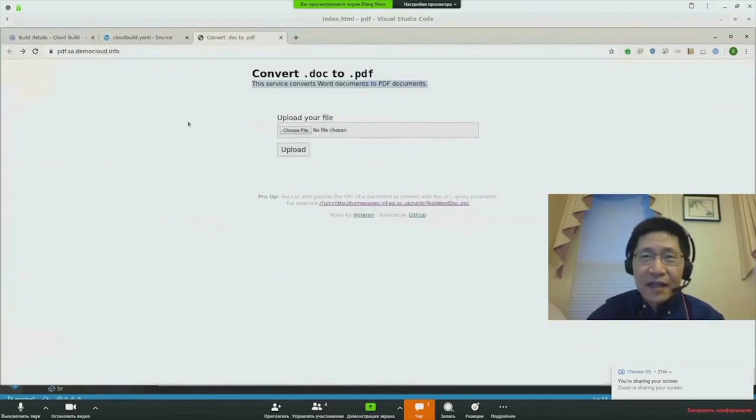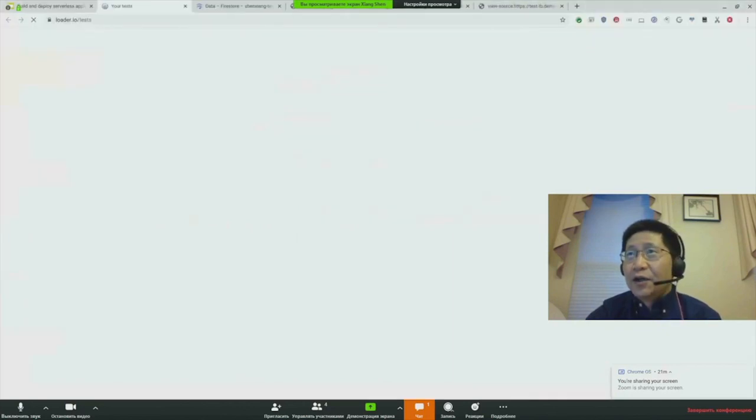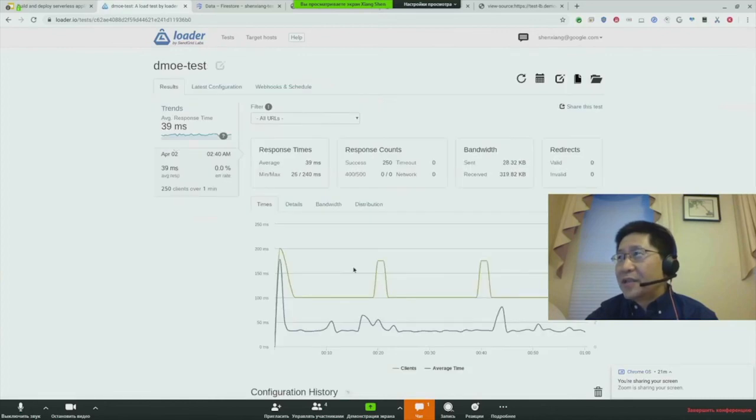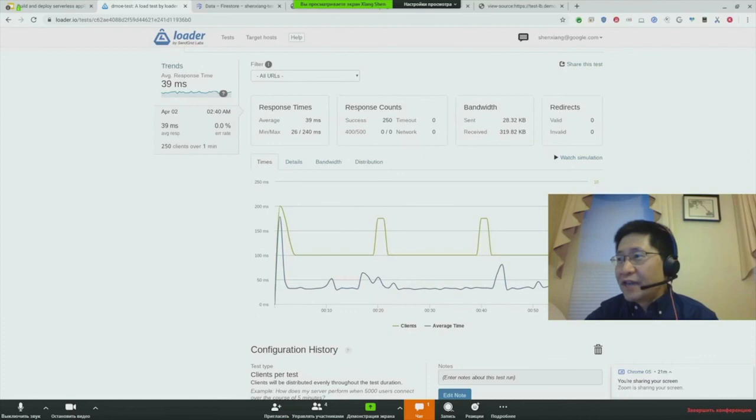The other thing I want to show you real quick is about scaling. I do have a test over there, and if I click this one, I already did some testing. In the interest of time, I probably don't want to do it again, but you can see it from the diagram. It has some spikes over there. Those spikes mean